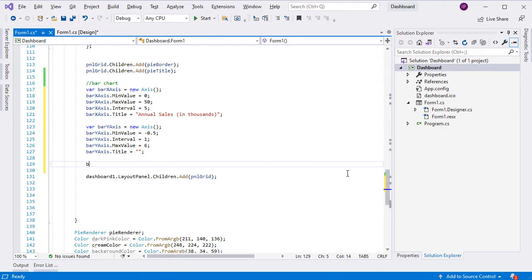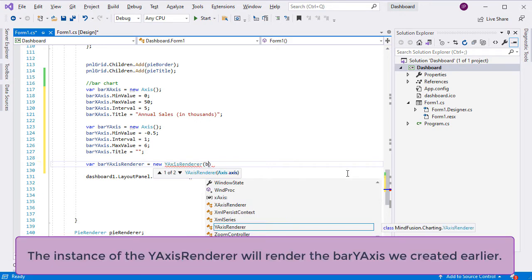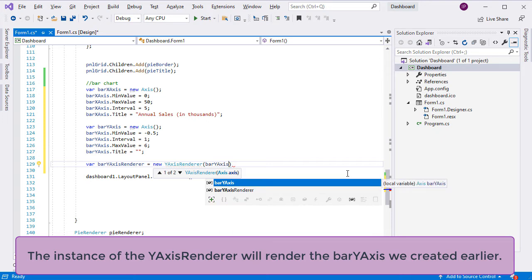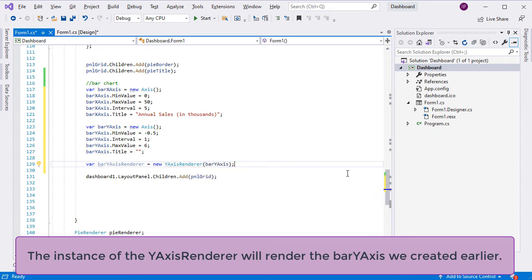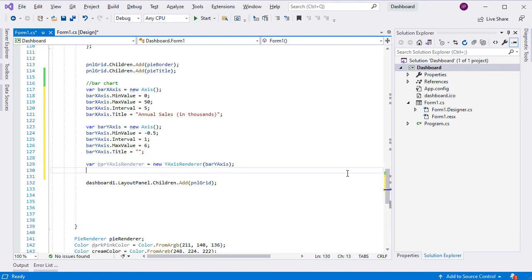So, we create one y-axis renderer instance to render the bar y-axis. We create an x-axis renderer instance for the bar x-axis.